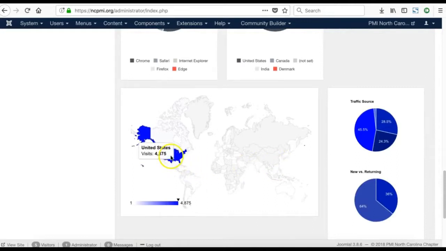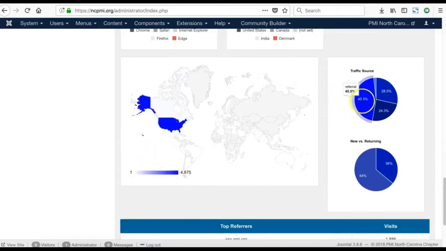And then we have this geolocation, traffic sources, referral, direct, and organic search results, and social media, and new versus returning. So these are the new visitors visiting the website for the first time, and then 64% of the visitors are